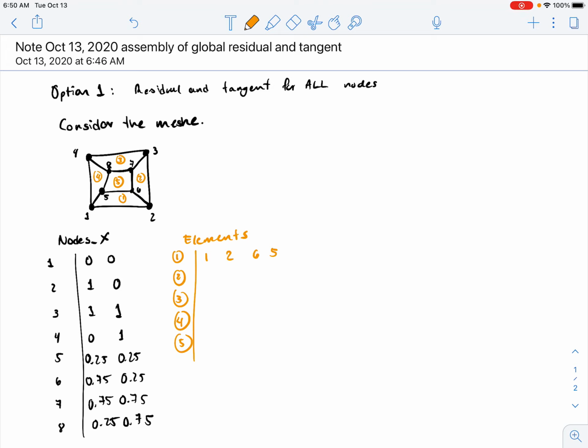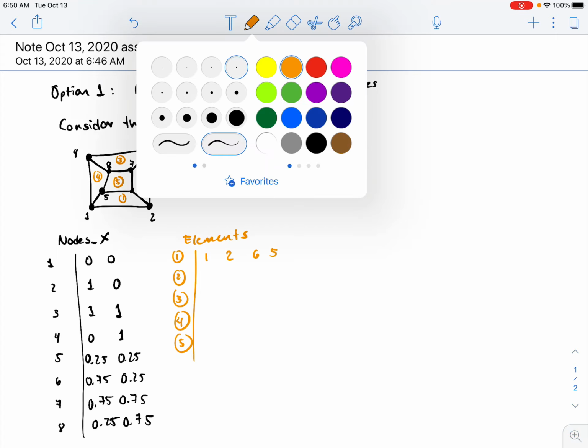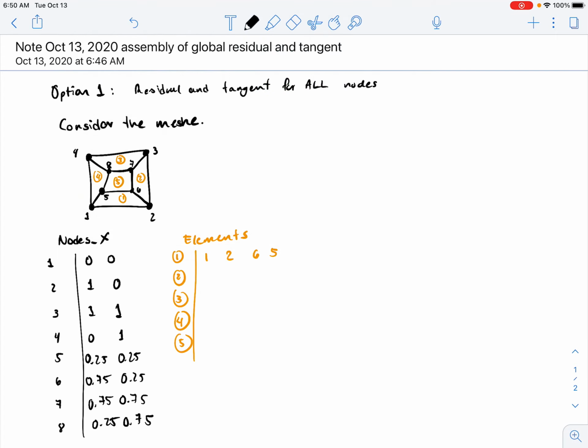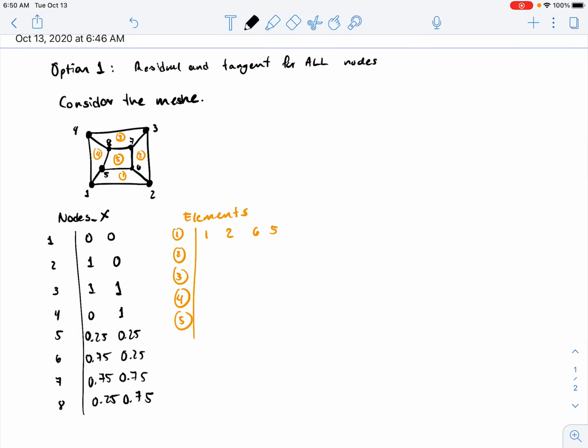So for the residual and tangent, consider the mesh. This is actually also a mesh that I used for the problem that I'm gonna solve later on. It has 8 nodes and 5 elements, 5 quadrilateral elements. I listed already the nodes because I just want to have the coordinates of each node. Doesn't matter how you number them actually. I just went counterclockwise, first the outer nodes and then the inner nodes,